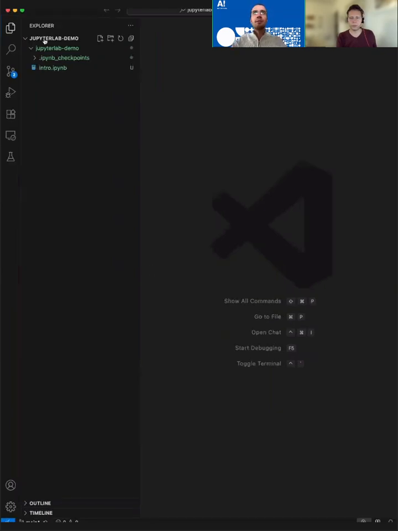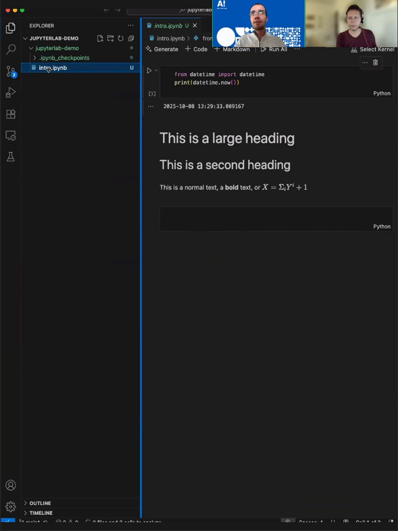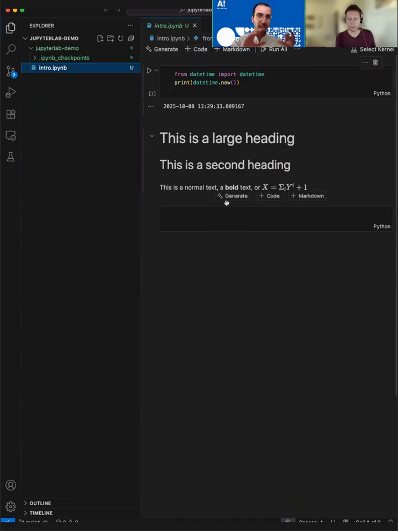So I'm inside the Jupyter demo lab, and this is the intro file that we created. As you can see, again, I can create a new code cell, or I can create a new markdown cell here. So the interface is a bit different, but you have the understanding of what the code cell and the markdown cell are. For example, I can go ahead and try to run a cell as well. But VS Code is capable of showing you the notebook, but to be able to run the code or do the markdown rendering, you need an additional